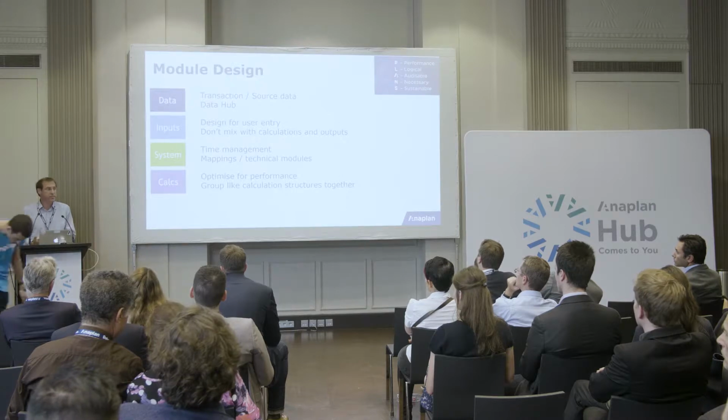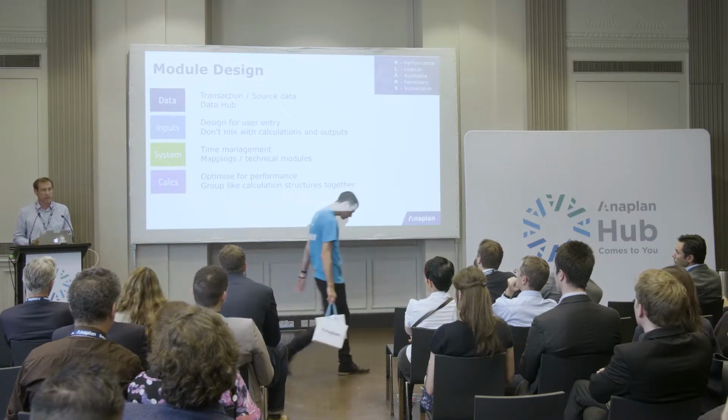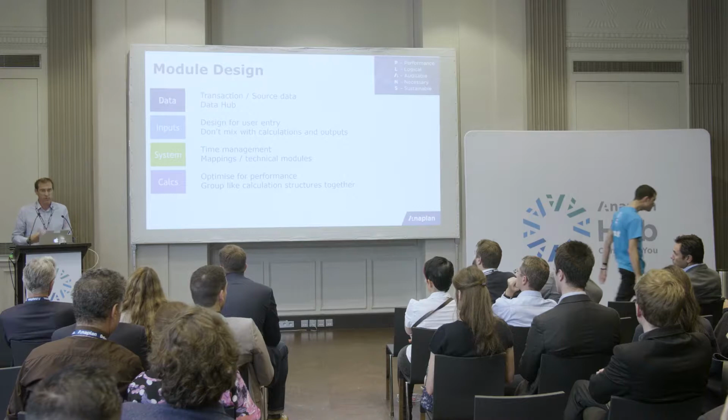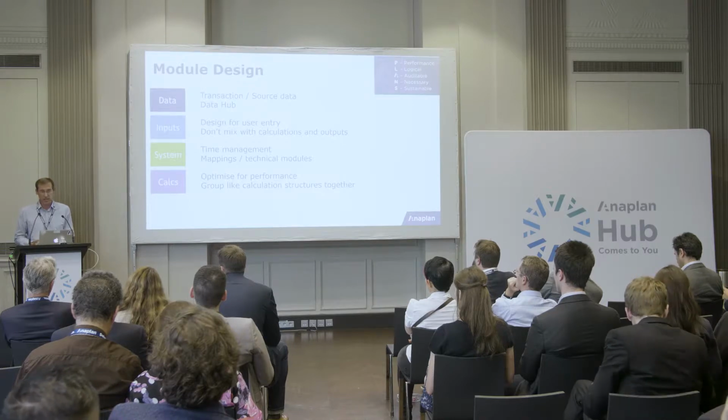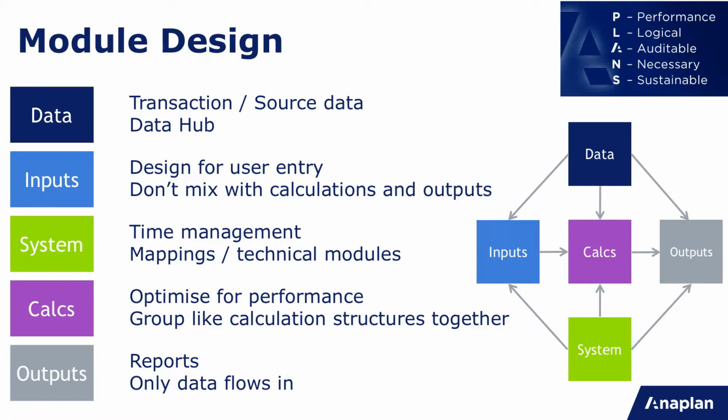The calculations are obviously the heart of the model itself. That's where the work gets done, that's where the real clever stuff happens. And most of the time, these are not going to need to be user-facing. The users don't need to see these. So you don't need to make them as user-friendly. You don't potentially need the totals on. You don't necessarily need all the dimensions. You could combine the dimensions into numbered lists or combination dimensions to make them optimal. And they really have a purpose.